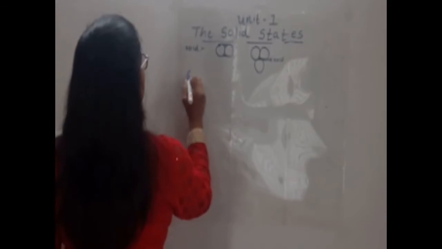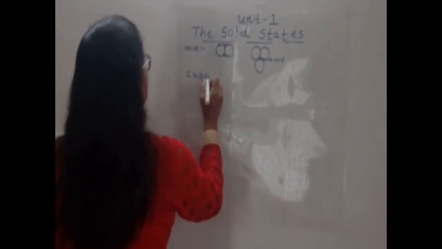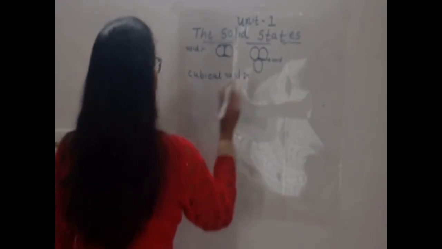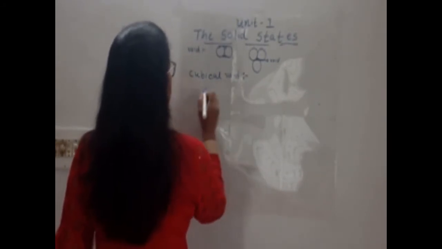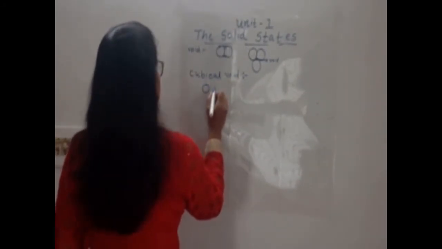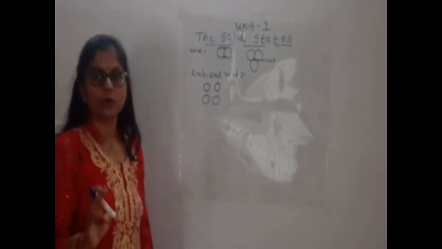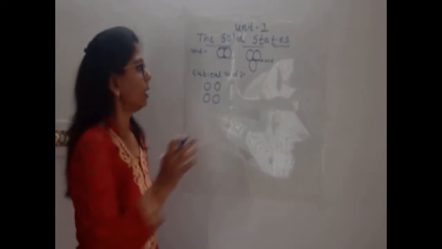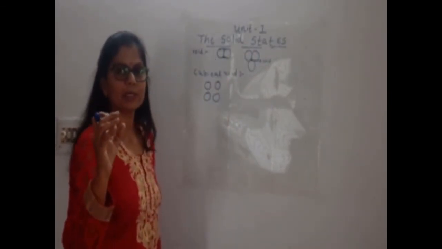The first one, writing that, is the cuboidal void. First I am explaining about the cubical void. Now what is a cubical void? Here you can see I have drawn 4 points. They are a little farther from one another. Not like this, they are adjacent, but a little farther. There is some space between them.